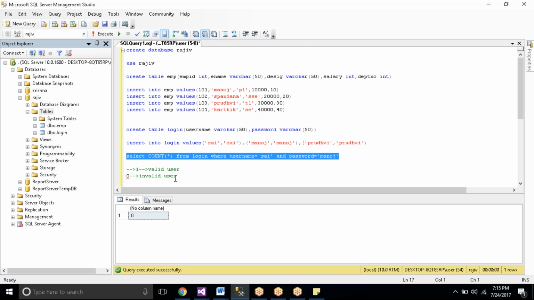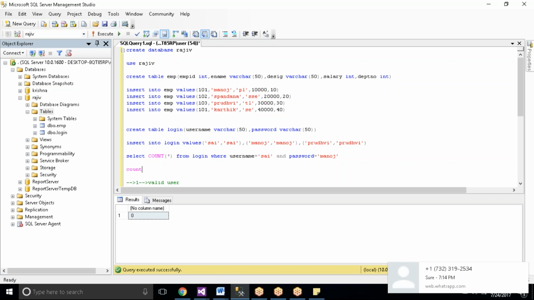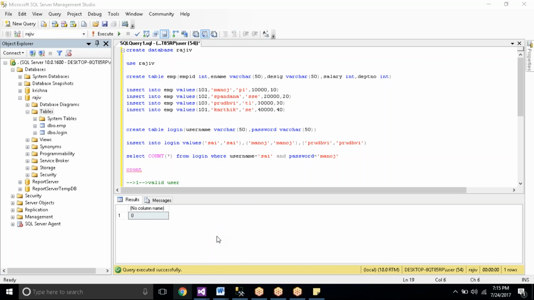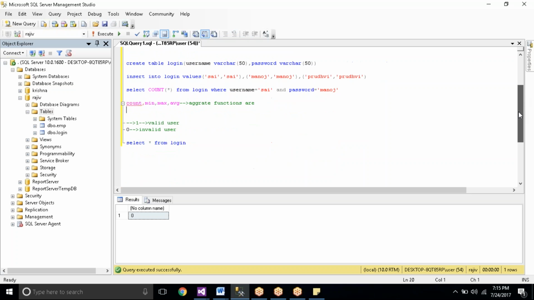Now listen here. Whatever queries have count, minimum, maximum, average, if any aggregate functions are there, in the front end, if you want to execute, we need to use cmd.ExecuteNonQuery, right?